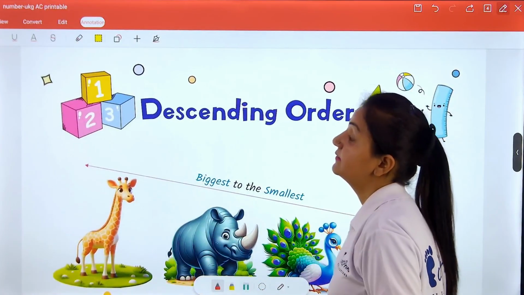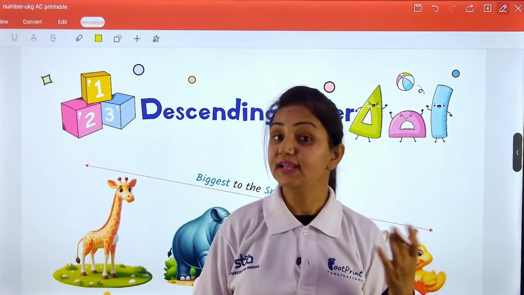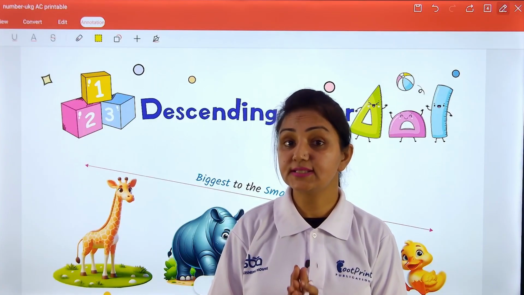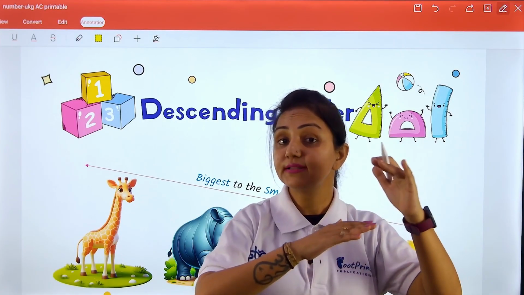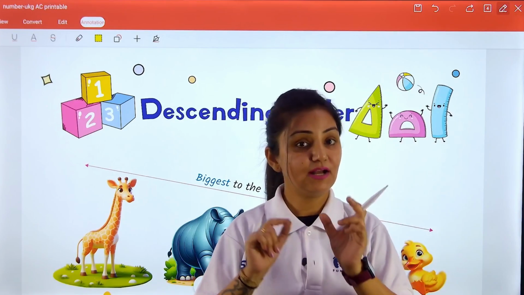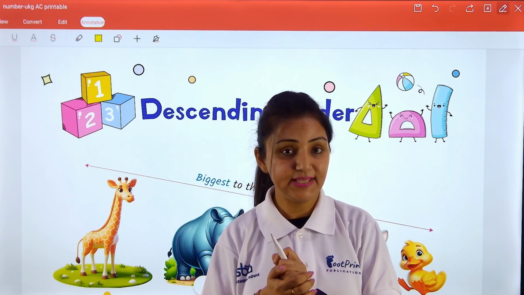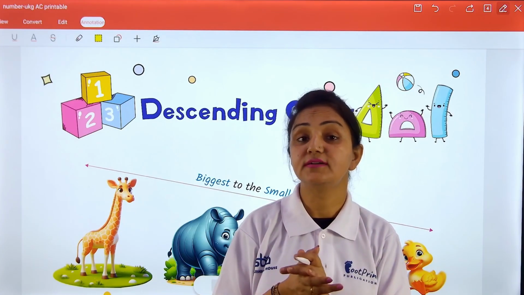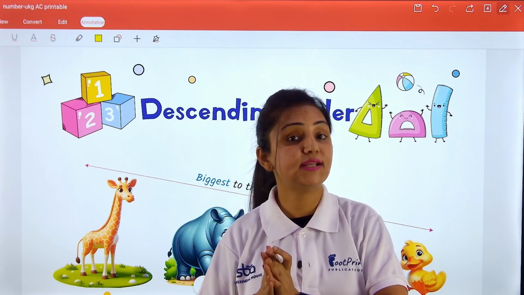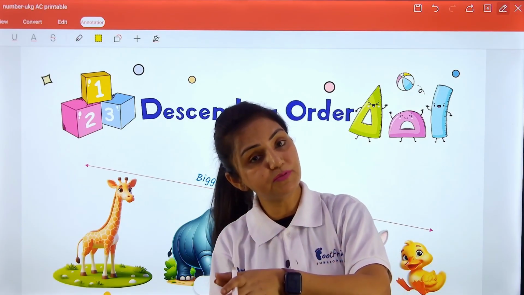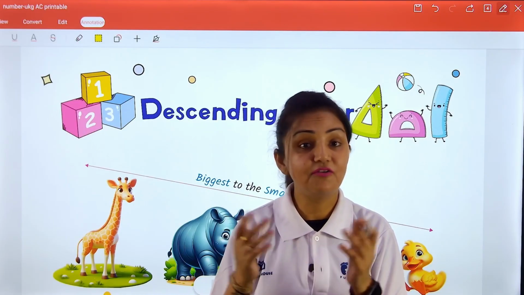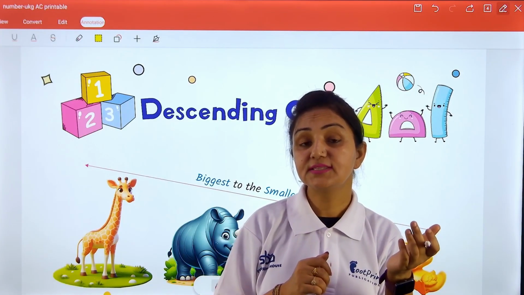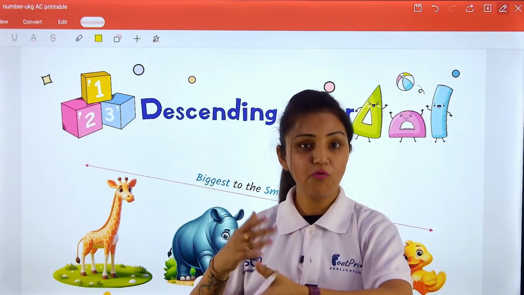Next, we are going to start our next topic, that is descending order. My dear kids, I told you that in ascending order हमको ऊपर की तरफ जाना होता है. सबसे पहले हम लोग स्मॉल नंबर का यूज करते हैं. बताया था ना आपको मैंने. In the same way, when we are going to start our descending order, हमें just opposite कंसेप्ट को फॉलो करना है. और वो क्या है? फर्स्ट वी विल चूज द बिगेस्ट नंबर. मींस हमको अब नीचे की तरफ मूव करना है.